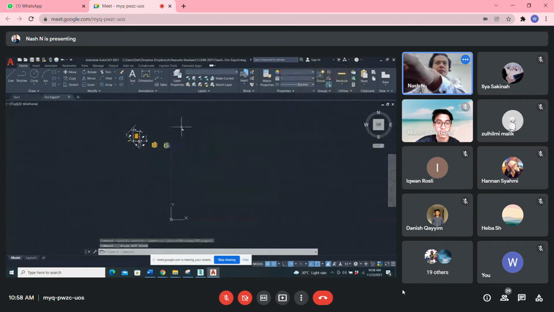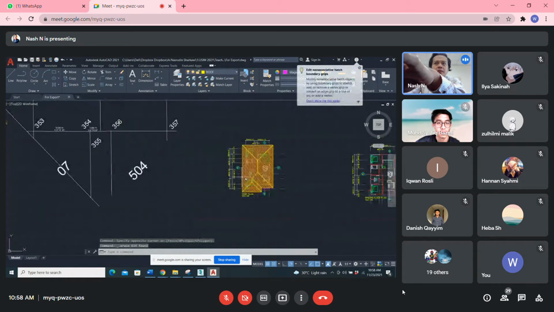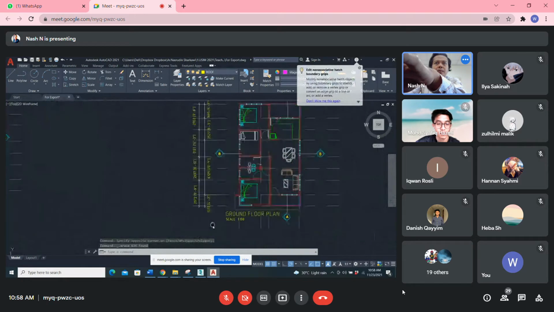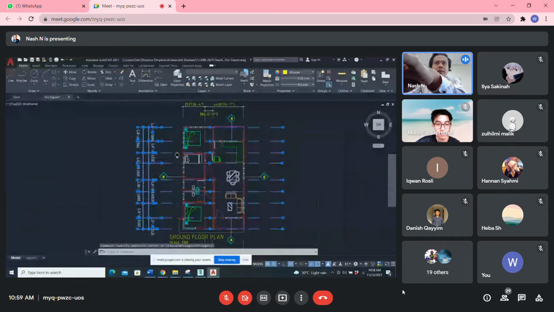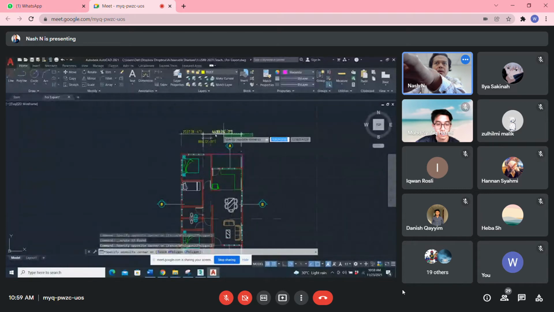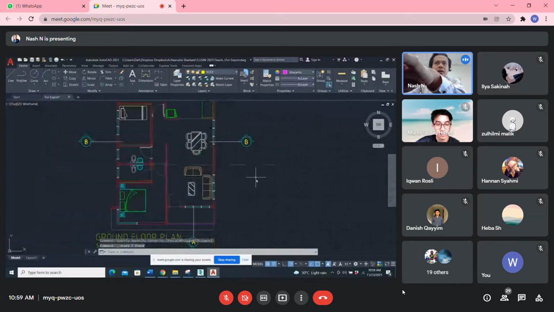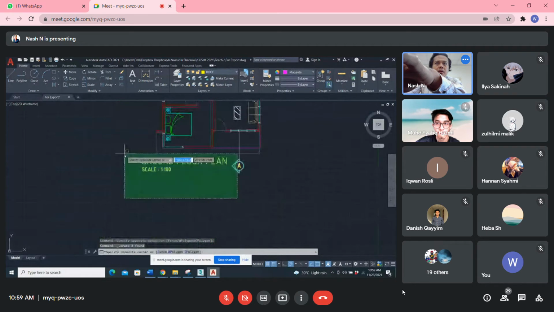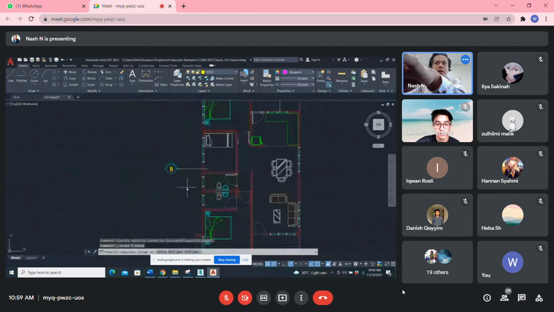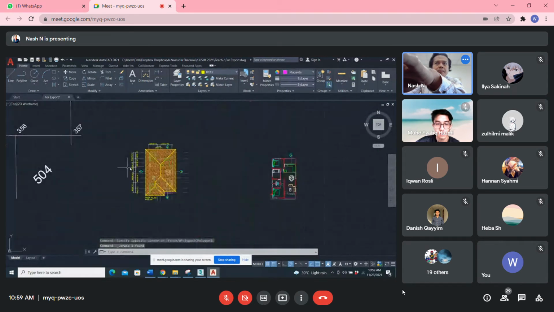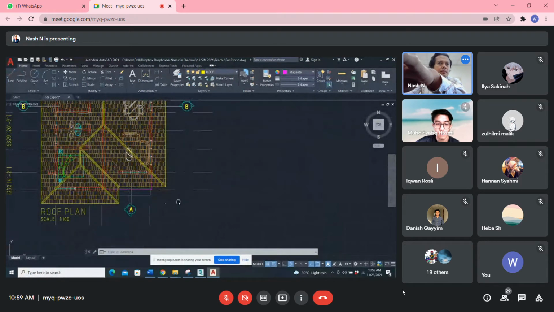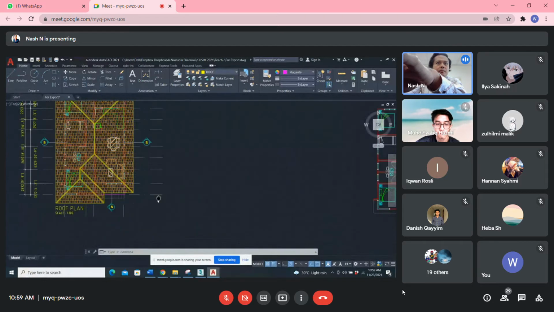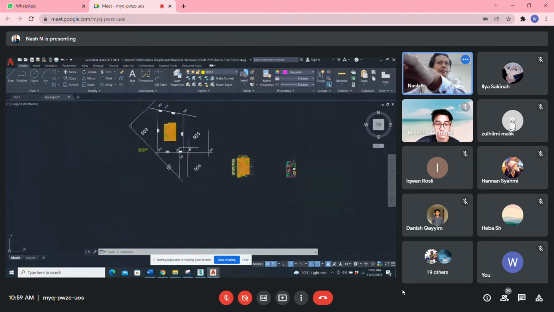For the dimension also you can delete, because you just need the plan. Delete it all. Even this one also you can delete. Okay, so you have the plan and roof plan, and also the side plan.